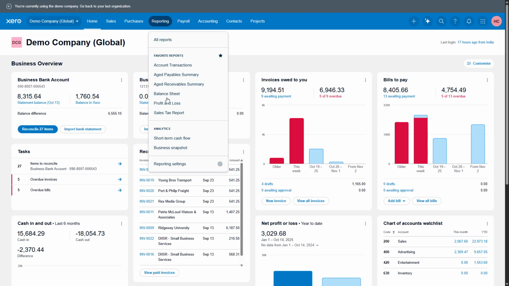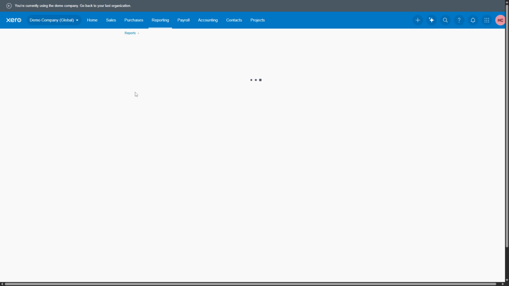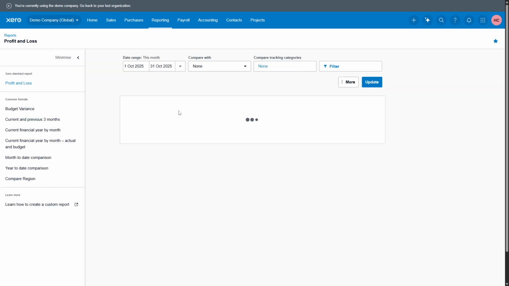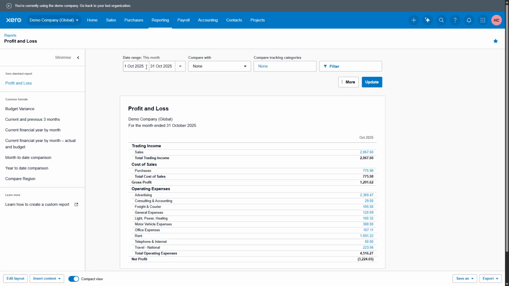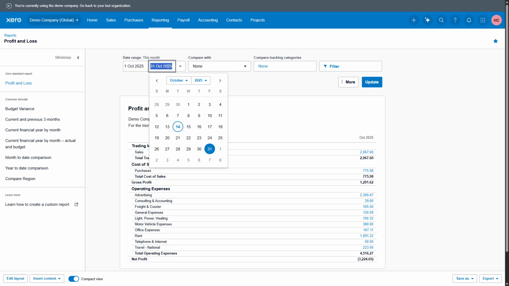Now that we're in the right place, it's time to set your desired date range. This is not only crucial for viewing relevant data, but also helps in analyzing specific periods that you are focusing on. Think about which time frame you want to analyze, whether it's the last month, the previous quarter, or perhaps the entire year. Input your chosen dates, and you're on your way to a comprehensive insight into your financial performance